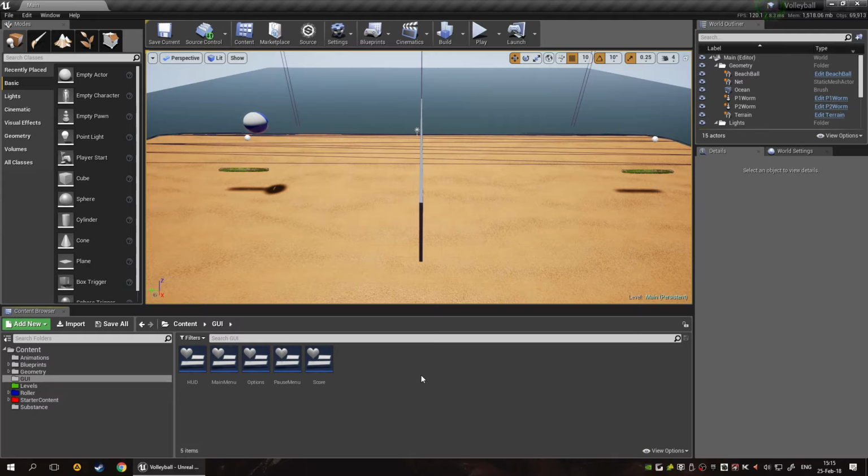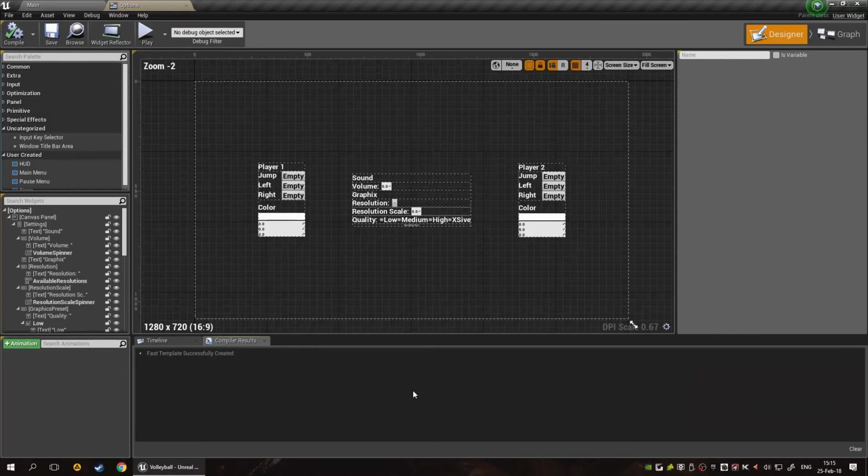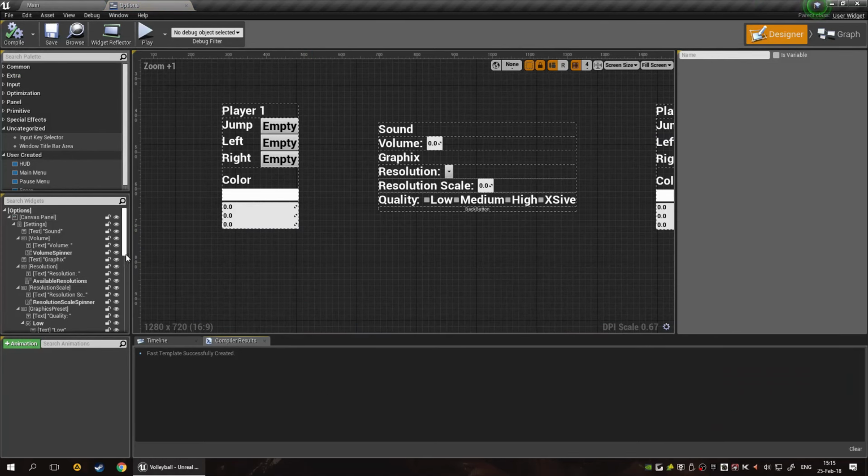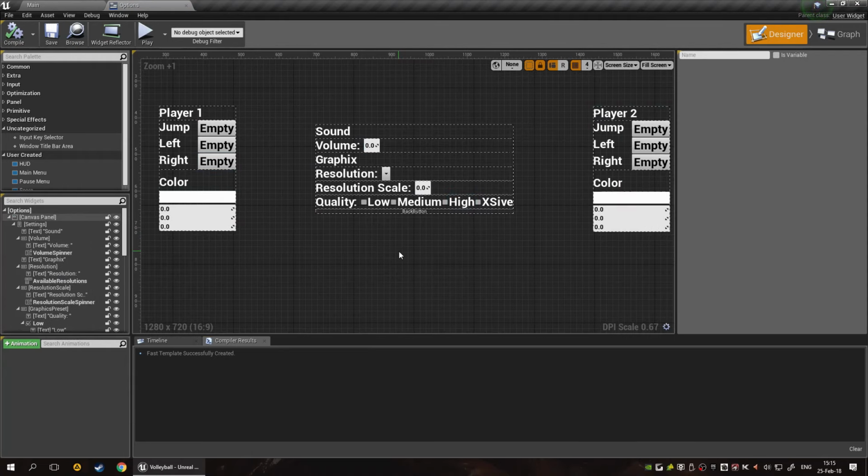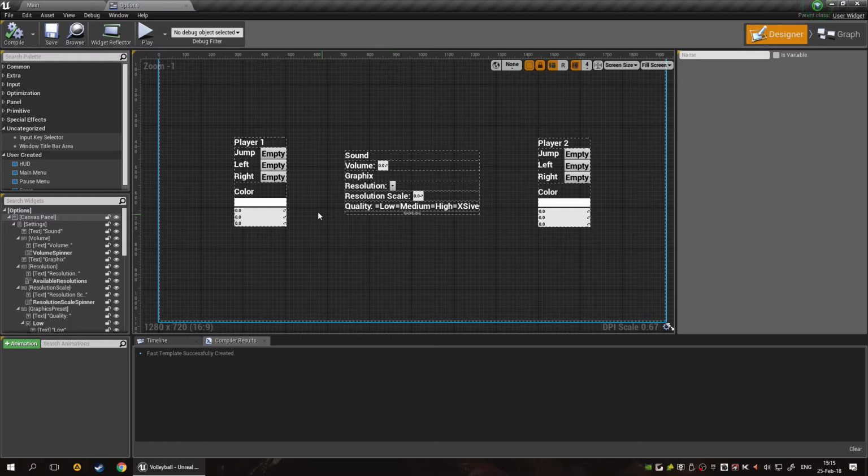Now, before we go on any further, I just want to take a look at what we have. Of course, I've created an options menu here, and this is just a small menu. I just created some basic things that you will most likely need in your menu. But before we go over each element so that I can explain what each element does and how it will be hooked up,